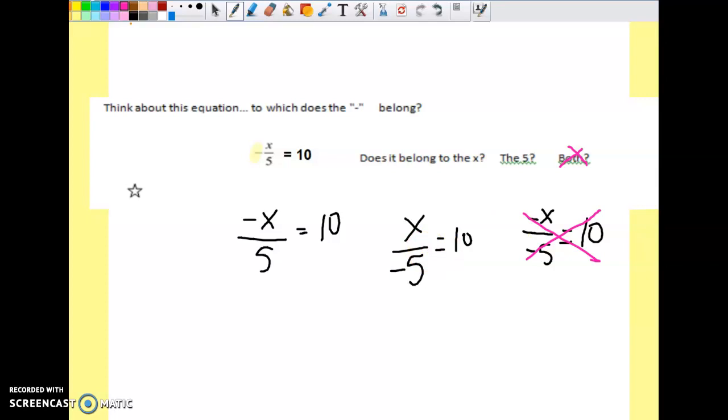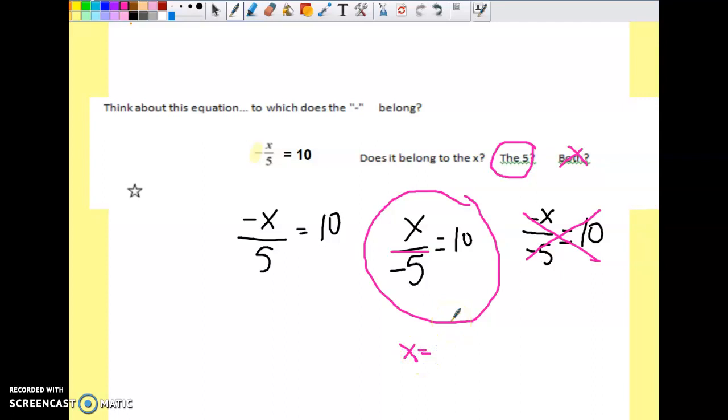But thinking about what we are looking for as an answer and the outcome of our work, when we are solving equations, we want to get the variable, the letter, all by itself, but we also want it to be positive. So it's easiest if I attach it to the number. Because then when we go to solve, we're going to eliminate that negative with our multiplication, because my operation that you see is division. So I would be multiplying by -5 on both sides, and my outcome is going to be x equals,